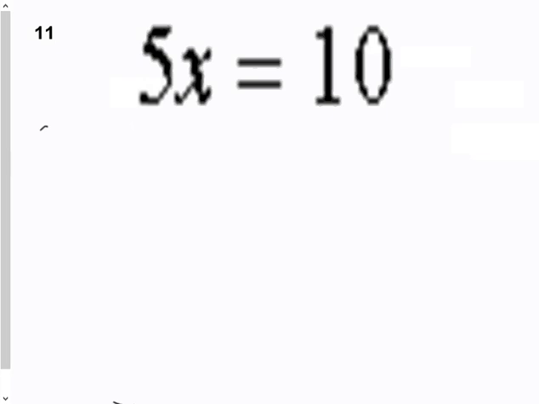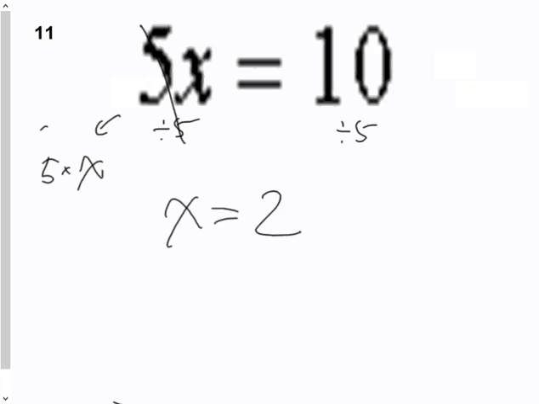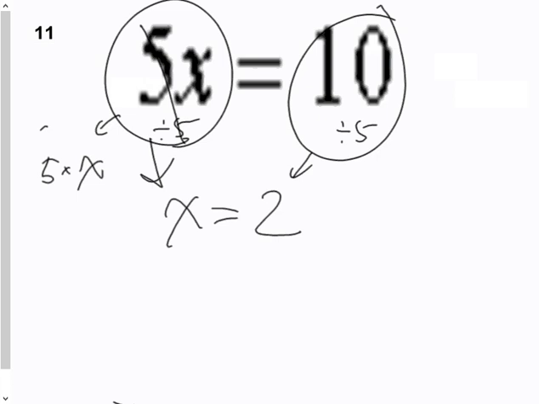And if you didn't, that's okay, because what we could do here, since this says 5 multiplied by x, the reason why we don't use a multiplication sign is that a multiplication sign and an x look an awful lot alike. So instead we use what's called the coefficient relationship. And even though that means it, what I'm going to do here is divide both sides by 5. Just like when I divided it into 5 scales. And 5x divided by 5 is 1x. And 10 divided by 5 is 2. So I end up with the same answer, except here I did 10 divided by 5 is 2, and 5x divided by 5 is x. I end up with x equals 2, the same answer.